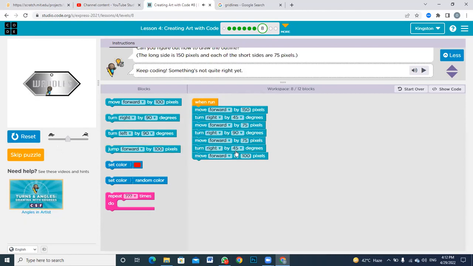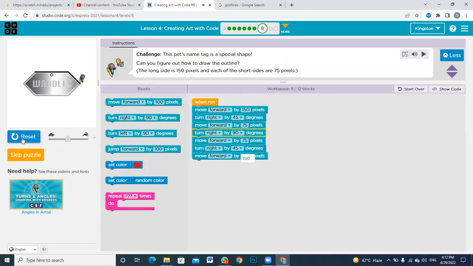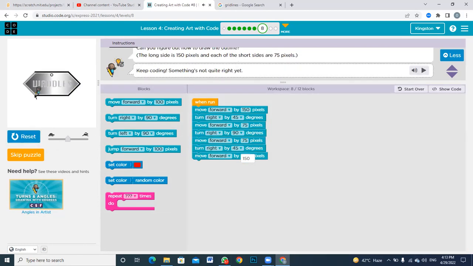Okay. So instead of 100, let's make it 150, so that our character completes 150 and reaches this point. Now we have to draw just 2 more lines. First line is 45 degrees. My character would now have to turn right again by 45 degrees and draw a line forward by